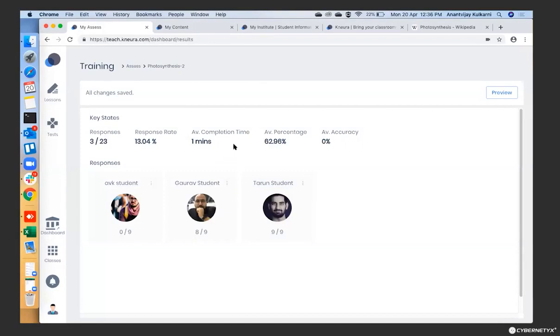So you see that on the teacher side, the analytics is already doing its work and giving out insights. For example, it shows that one student didn't get anything right. One student got 8 out of 9 and another 9 out of 9. So 3 responses are submitted, like 3 of the students actually answered. This is the response rate right now, and the average time for completion was 1 minute, and other key statistics are shown here. So now the teacher does not have to carry papers, evaluate, or sit at night checking whether the answer was right. All this the platform handles by itself.